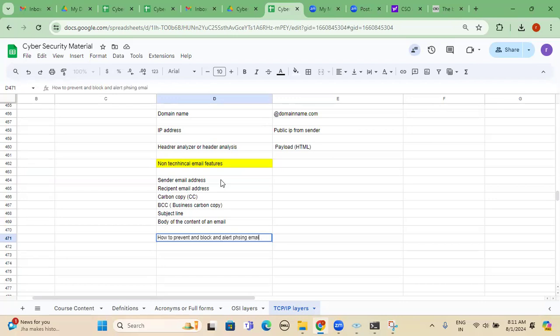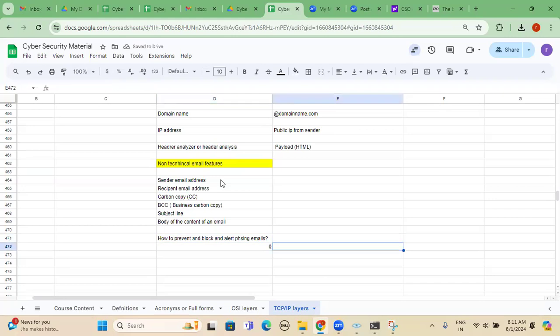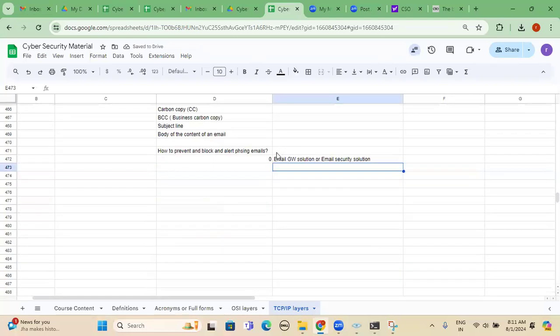For that one, we have to use a couple of email gateways. The SMTP server is different and the email gateway is different. So here, the email gateway solution is also called an email security solution. Using this, we can allow the email, quarantine the email, block the email, or clean the email. Examples of email security solutions are